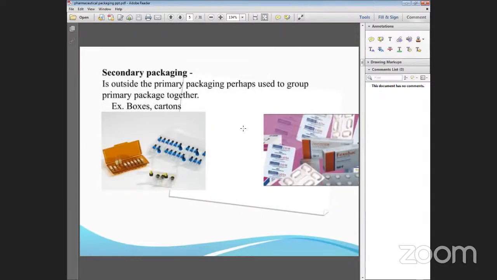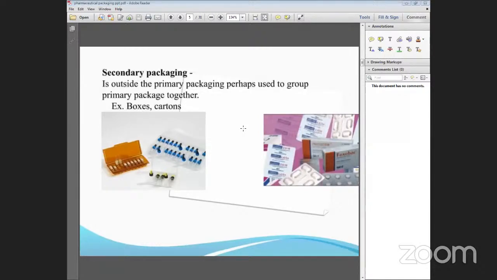Now let us know about secondary packaging. It is outside the primary packaging, perhaps used to group primary packages together. Example, boxes and cartons. Now think, you have used a blister pack. In a blister pack, there are 10 tablets or 10 capsules, packed in a particular blister or in a particular